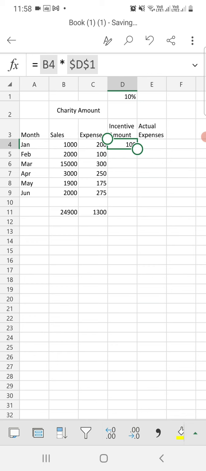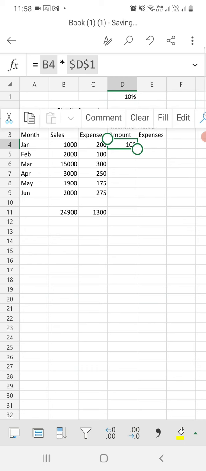So now just copy the formula. When the pointer changes to a copy pointer plus symbol, drag the selected formula to the rest of the cells. Just select the cell, you will get a plus sign in the bottom corner.